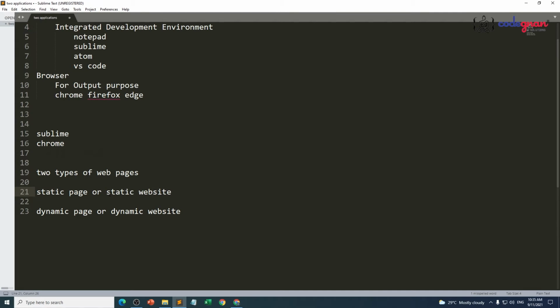So by using HTML, which page can I build? Guys, by using HTML, you can build only static pages. You can build a static website. More than that, we can't do, because this HTML technology is going to let you build a website or web page which is going to be visible to each and every person,